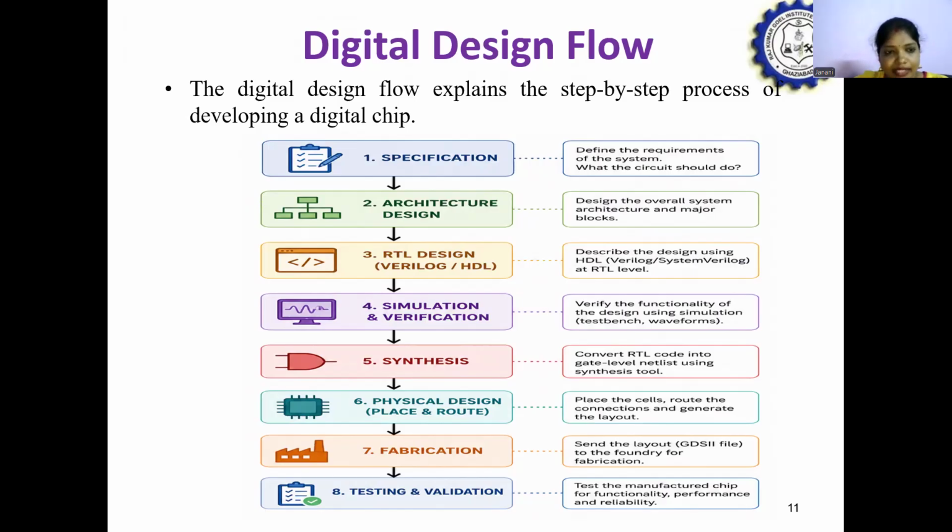After the synthesis, the next stage is the physical design. In the physical design, we are going to define where we are going to place the components in a chip, exactly where we are going to place the transistors in a silicon layout. That is defined in the physical design. Apart from where to place the components, we are going to define how the components are connected with the help of metal wires. So the physical design mainly defines where to place the components and how the connections are given between the